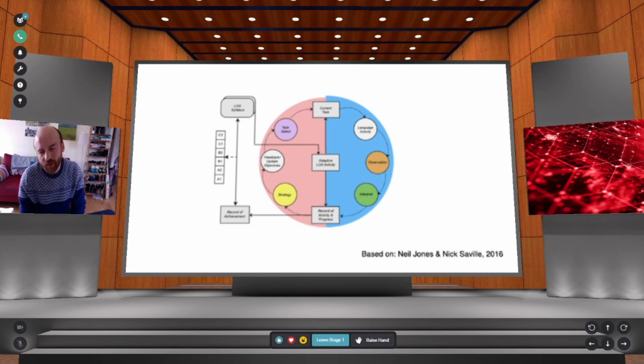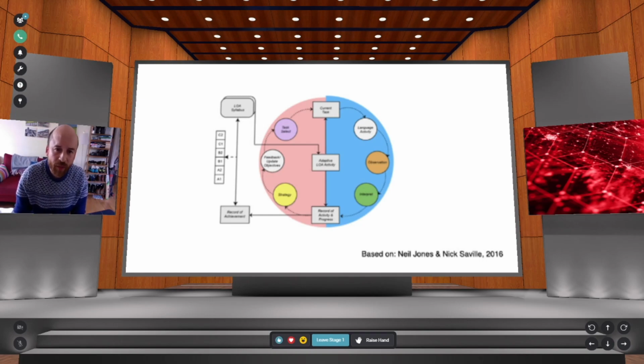So like I said, this fits in with the learning-oriented assessment framework, which is associated with Neil Jones and Nick Saville. They've written about that at length. Here's a schematic of how you move a student around an LOA cycle, and you're constantly observing, updating your information about the student, and making new decisions about what activities, what items to give to the student.